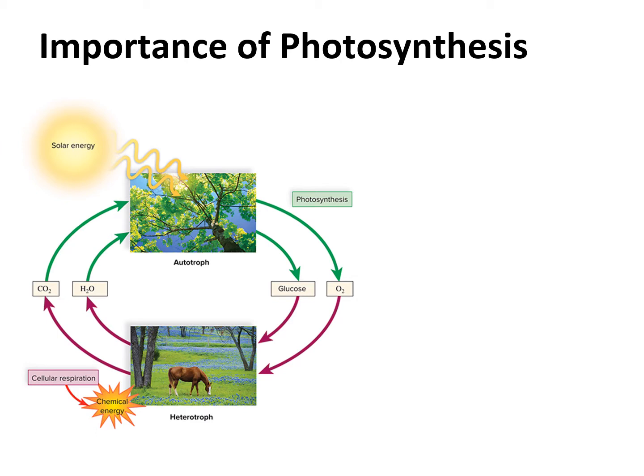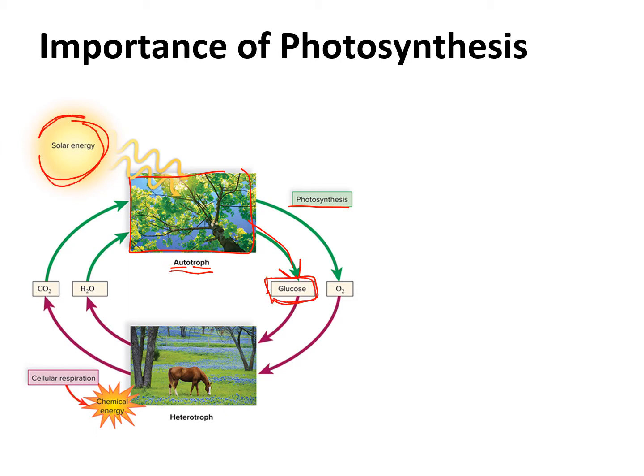So in terms of photosynthesis, the original form of energy is solar energy that comes from the sun. And photosynthetic organisms are able to take that energy and in the process of photosynthesis, convert that solar energy into chemical energy, the glucose. And those are the photosynthetic organisms, which we also refer to as autotrophs. Auto is self, troph is feeder. So we refer to them as self-feeders because they are able to take the solar energy and create their own